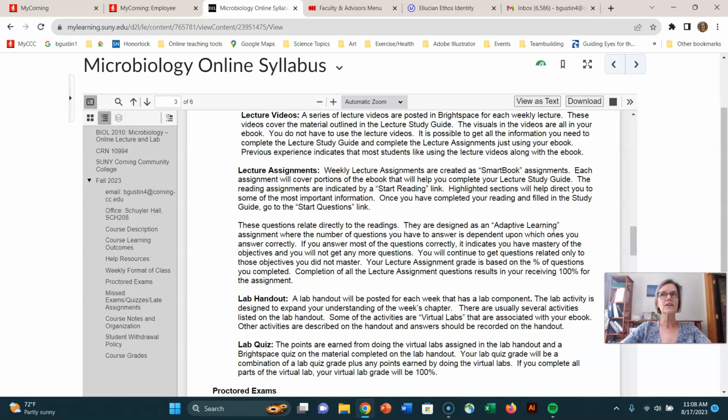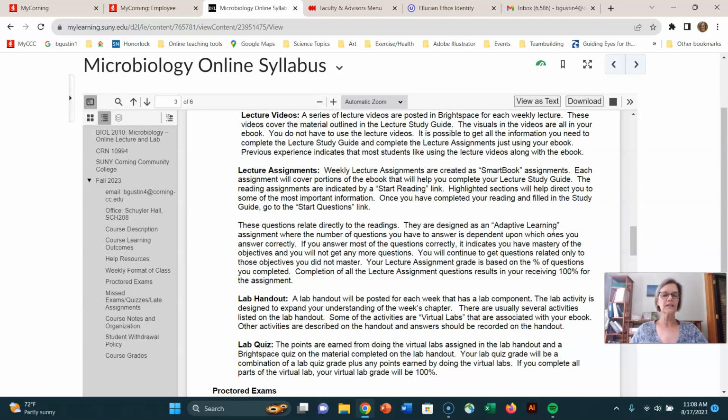What they are is, for each topic in lecture, I go through the chapter in the ebook, and I highlight the parts or I click the parts that you should know. And then the Connect software makes a whole bunch of questions that you can go and answer,